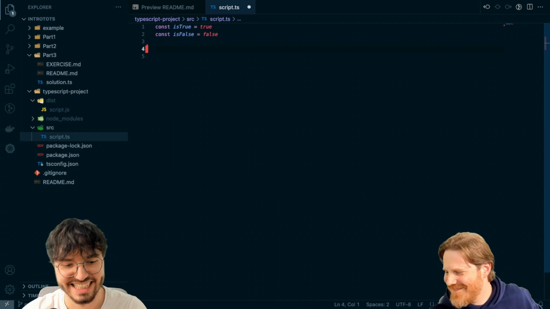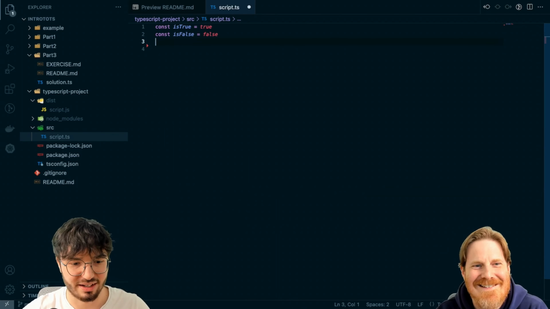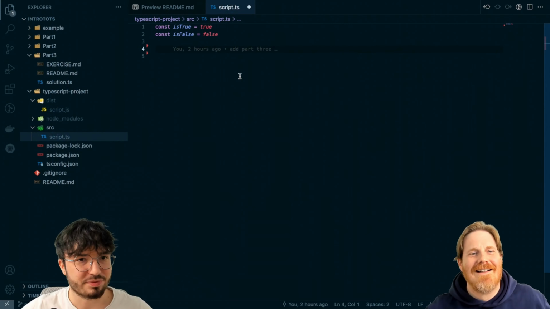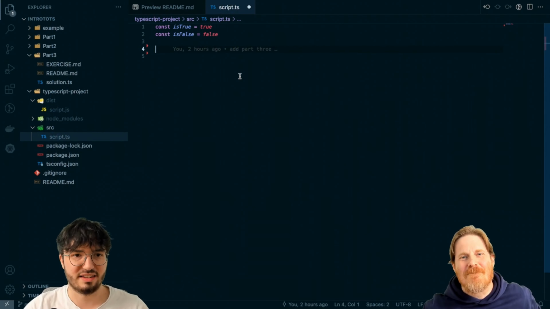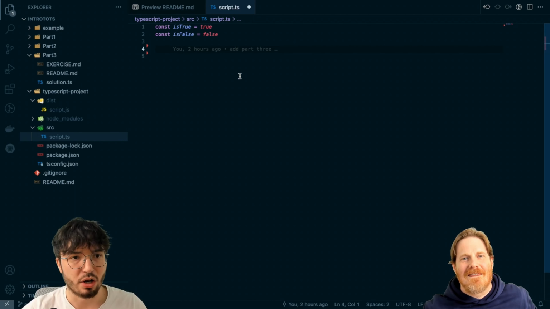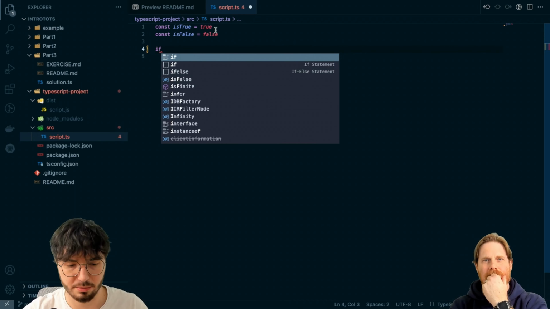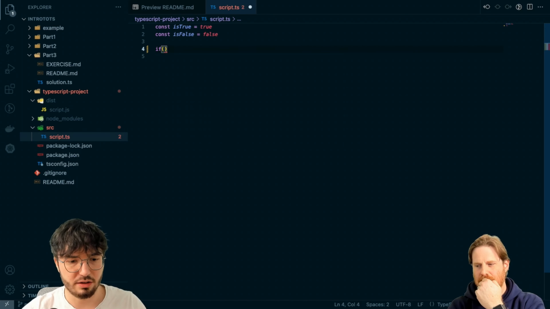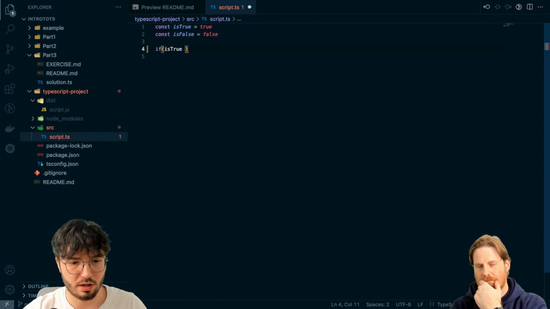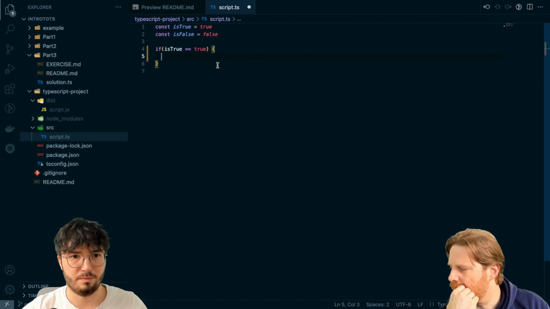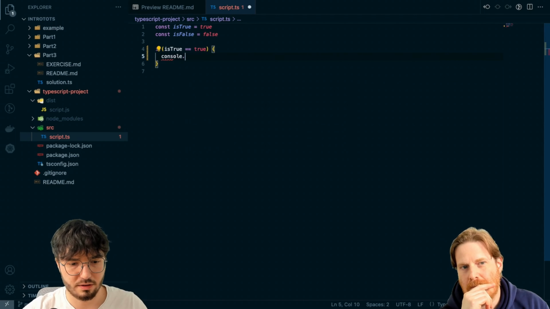We'll start with something a bit different this time. Let's get right back into our code. So the last time we left off with some logical operators. For example, we still have our variables up here. And if we say is true equals true, which as you can see here it is, then whatever happens in here